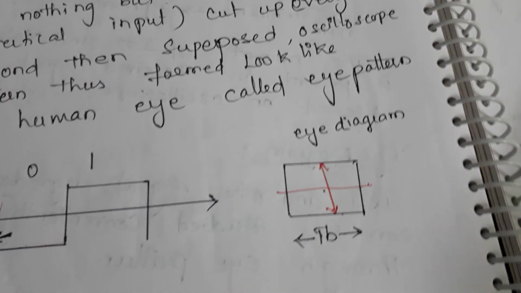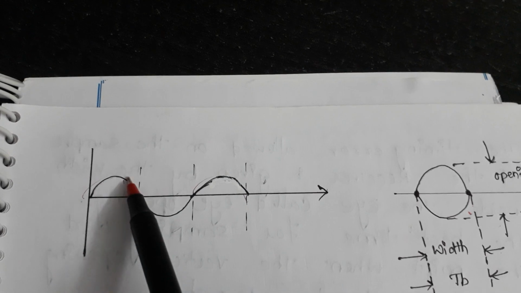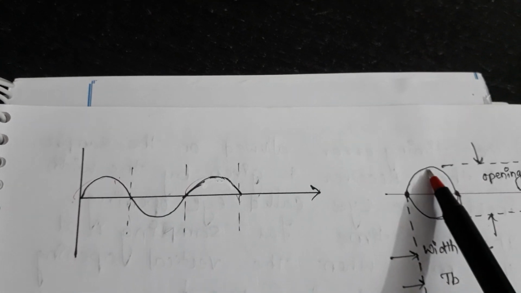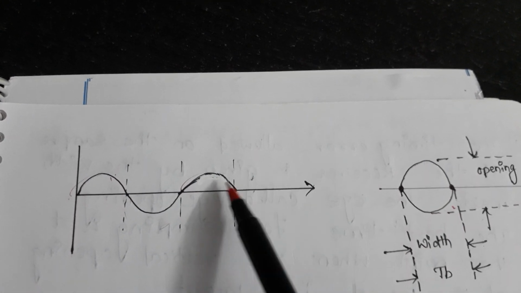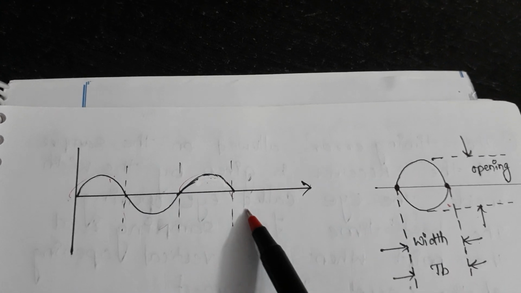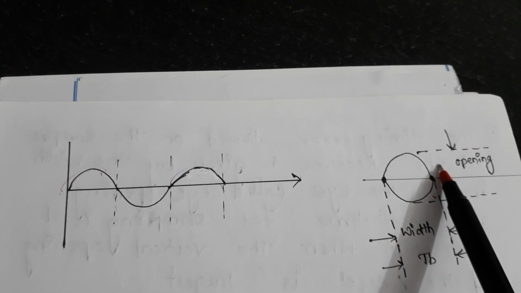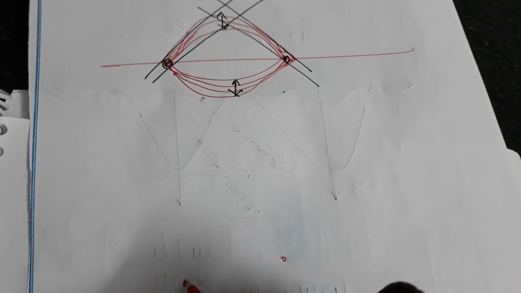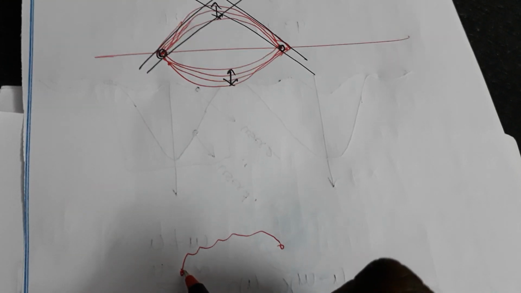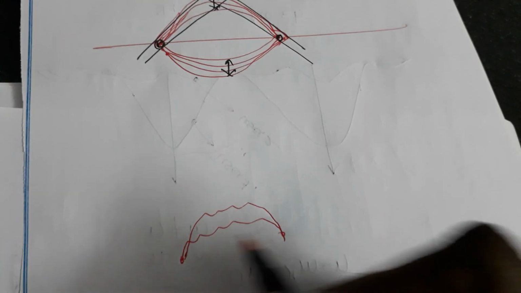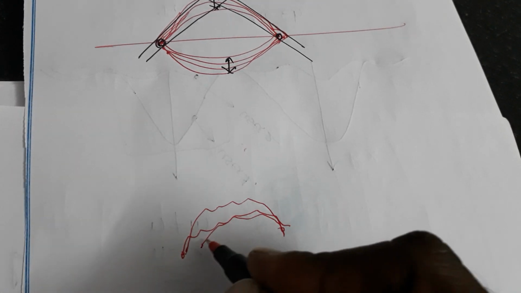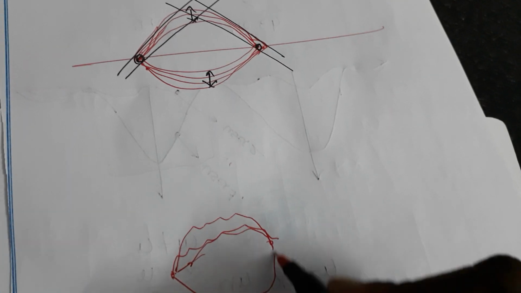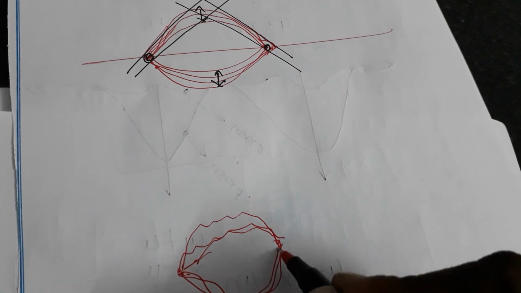I have taken a very simple example, one more. See, I have a sinusoidal wave, no noise is there: up, up, down, down, up, up, down, down, and the eye opening also I have written there. So what happens? Let us see a diagram here. The upper portion distorted comes here. Next again, the distorted one comes here. Again the upper portion is distorted, it comes here. The bottom portion distorted comes here. All the bottom portion will come here.